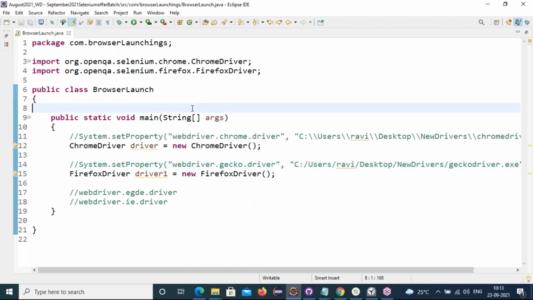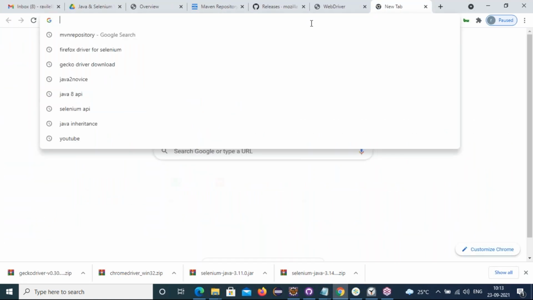If you want to implement the WebDriver Manager concept, we must download the WebDriver Manager jar file and configure it to your project. Understanding or not, friends? Where to download? Just Google it.